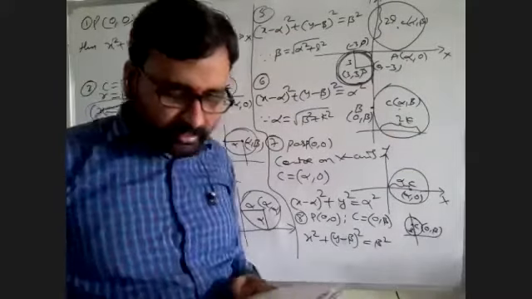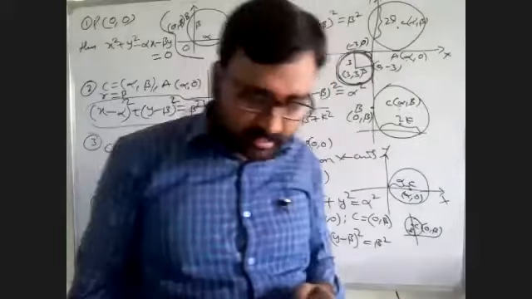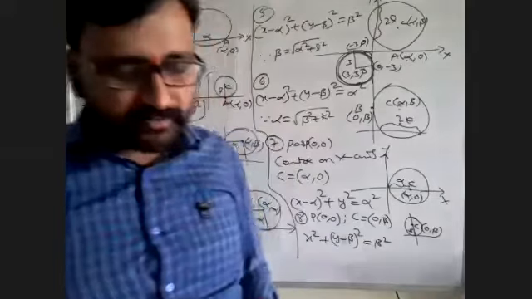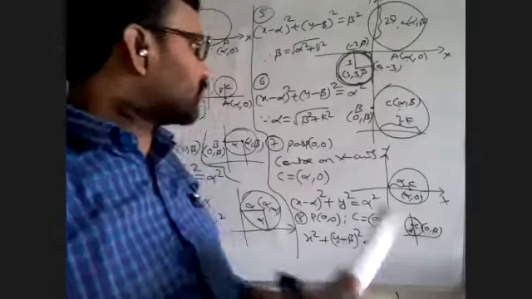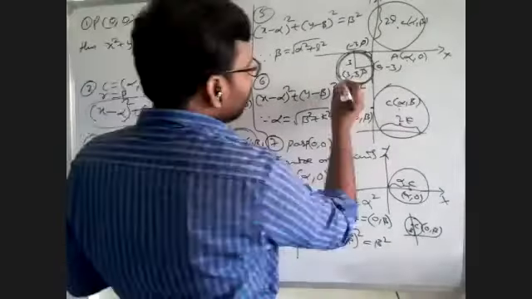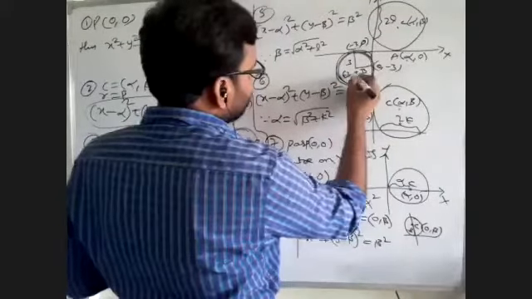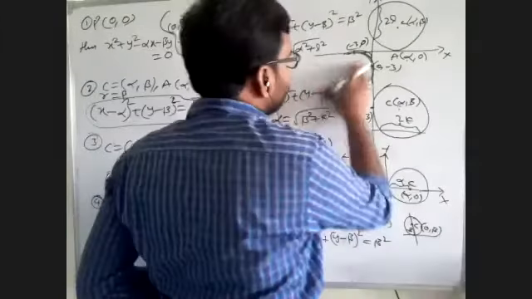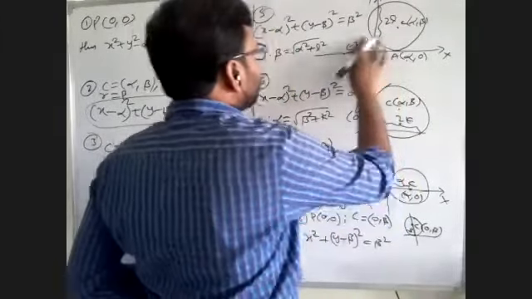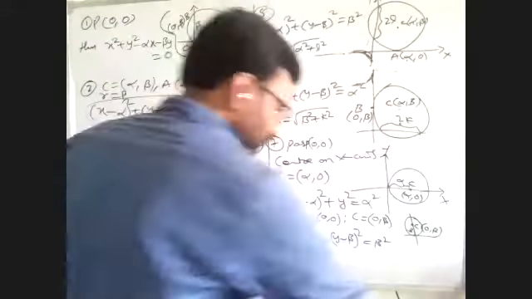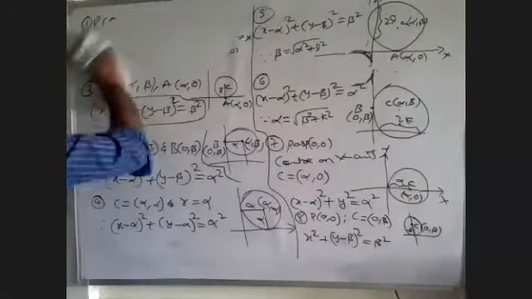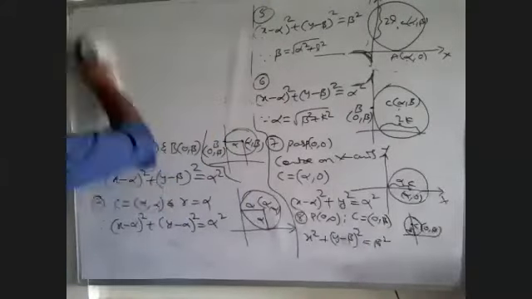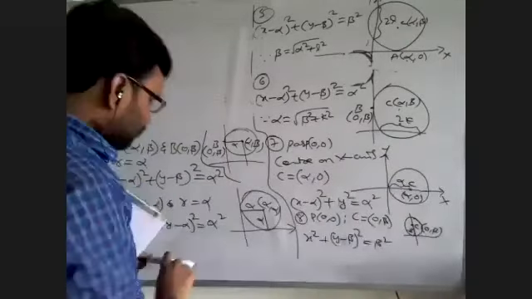The equation of the circle with radius 3 that lies in the fourth quadrant and touches the lines x equal to 0 and y equal to 0. x equal to 0, y equal to 0 means the x-axis and y-axis, both axes. A circle touching both axes means here you will get x is equal to minus 3, y is equal to minus 3. Which quadrant does it lie in? Fourth quadrant. Sorry, it does not lie here, it lies here. Then the diagram will be as I give here. For coordinate geometry, a diagram is a must, and then the solution is easy.